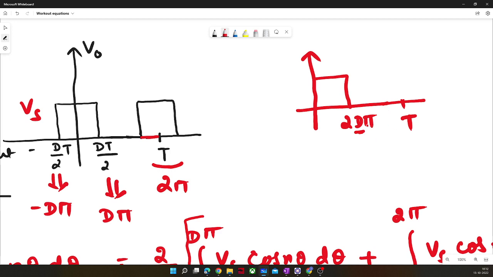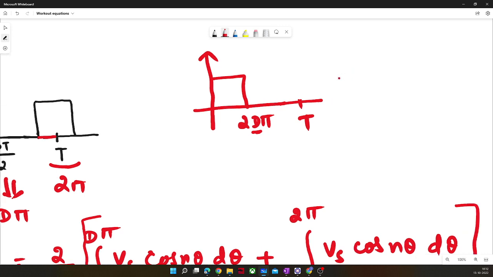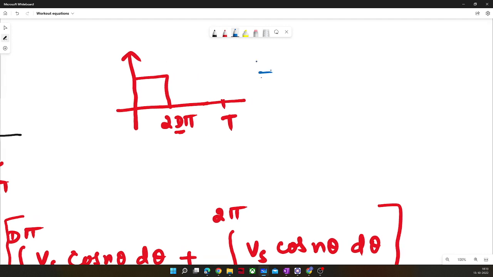So that's why I can write it as 2 d pi. And if I know the Fourier series expression for the earlier one, I can also write for this one, and that would be 2 Vs by n pi sine d n pi,